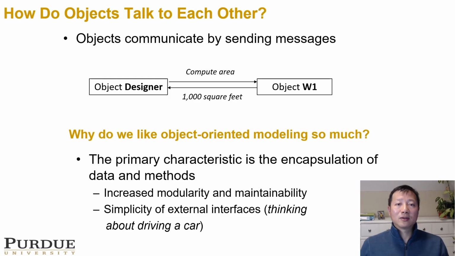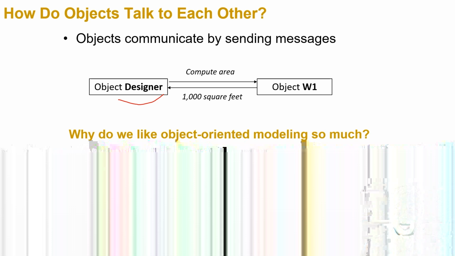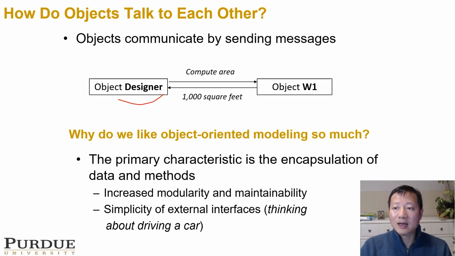When we have objects, right? Objects have to talk to each other. They have to communicate with each other. So objects communicate with each other by sending messages. For example, viewing the designer as an object, the designer would like to calculate the area of an object called W1, or let's say this is our wall. This is our wall 1 right here. So the object designer